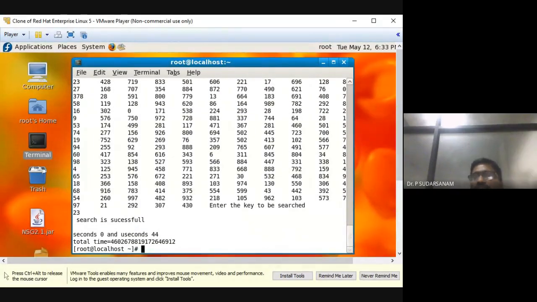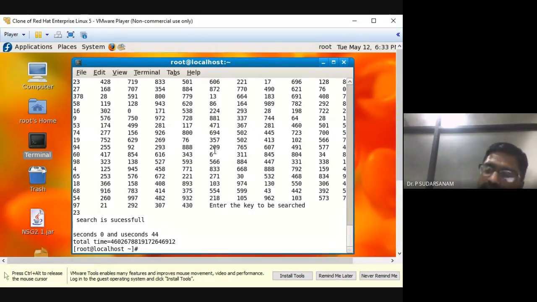So the search value also should be given within that range, 32,737. Give a number less than that only, then it will be working properly. So that is what the time values will be taken. Any doubt now? Linear search is done, I have executed it. Now binary search you have to do.